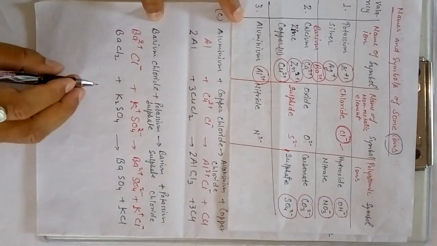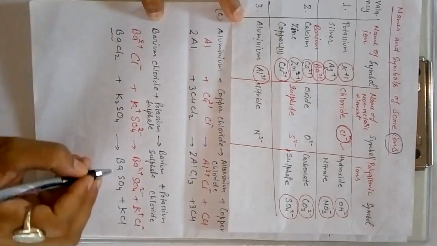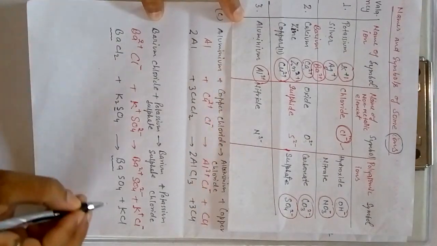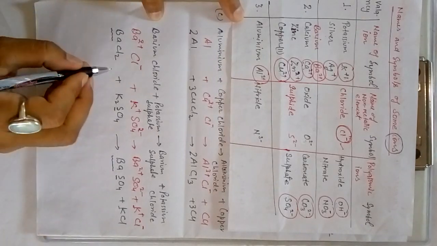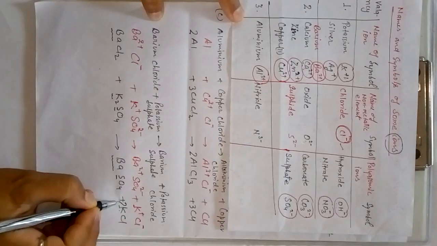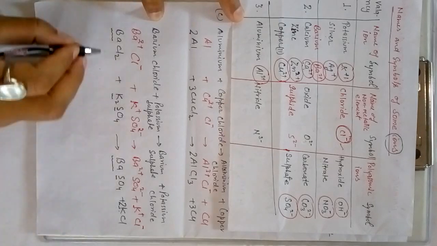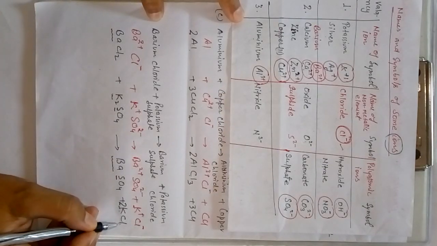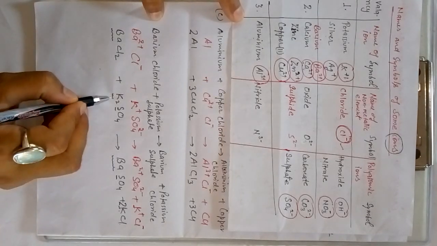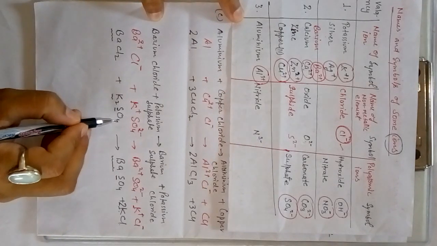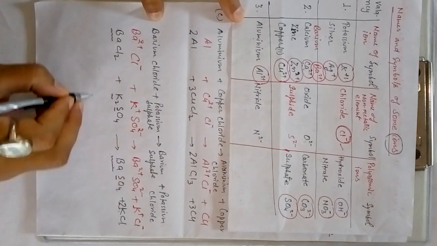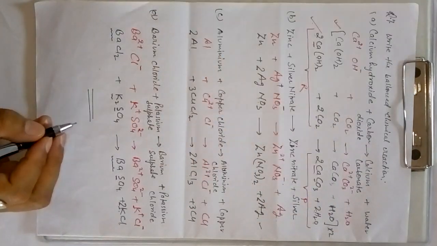Now we are going to balance the chemical equation. Ba 1, here is Ba 1 atom, sulfur 1 atom, here is sulfur 1 also, so potassium 2, potassium 1, so multiply 2 here, so potassium is balanced. So Cl 2 here, Cl 2 here, so once again barium, potassium 2, oxygen 4, chlorine 2, chlorine, so this is the balanced chemical equation. Thank you.